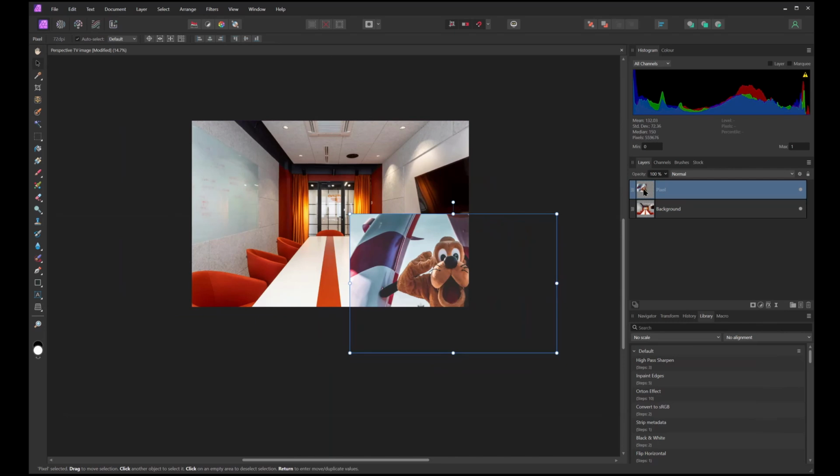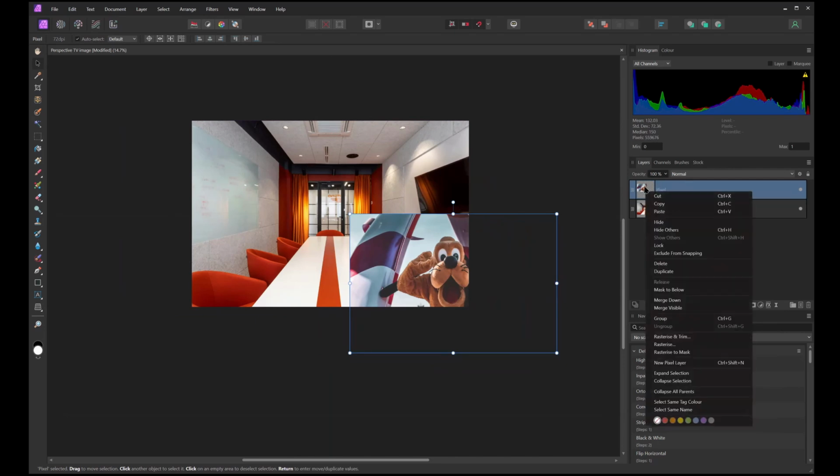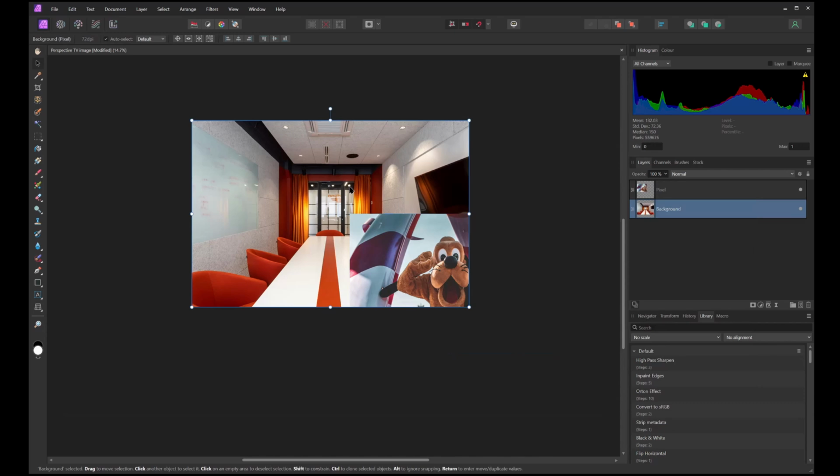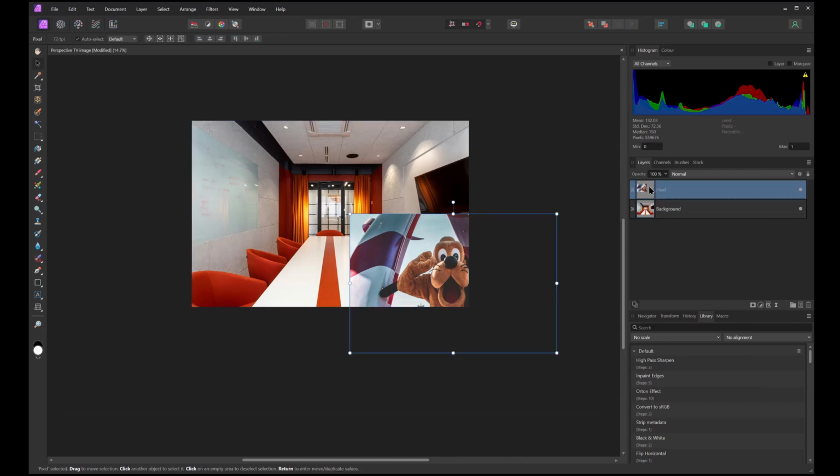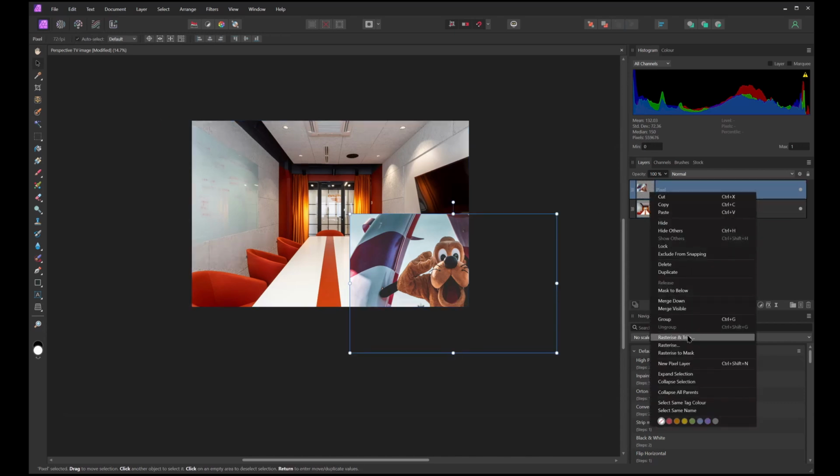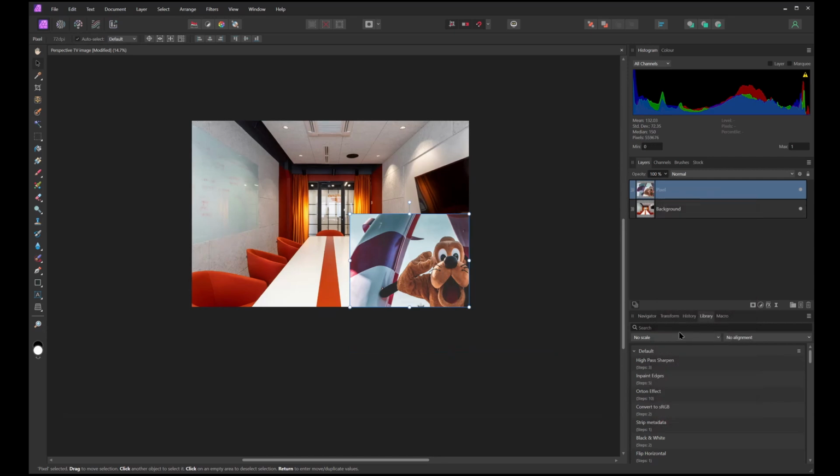Maybe it needs to be the top one. Oh yeah, I was on the wrong one. I was on this one, and that's the background. So if I do rasterize and trim, it's chopped it to the size of the document,